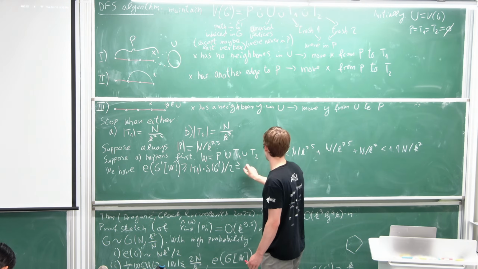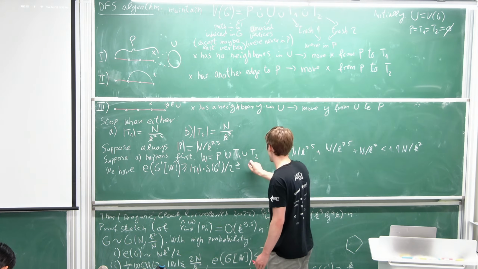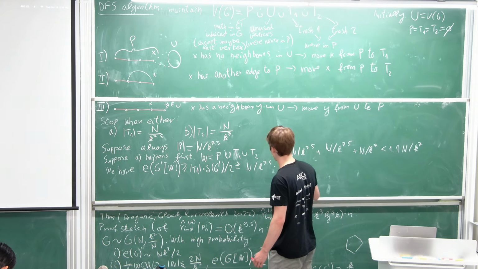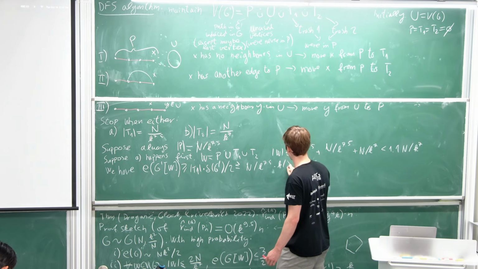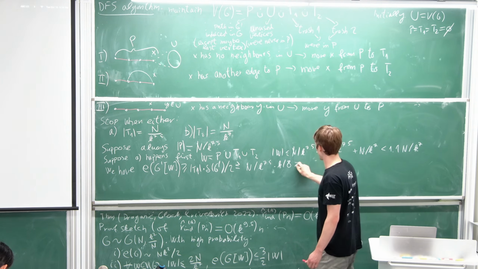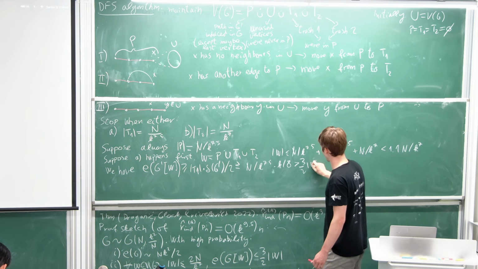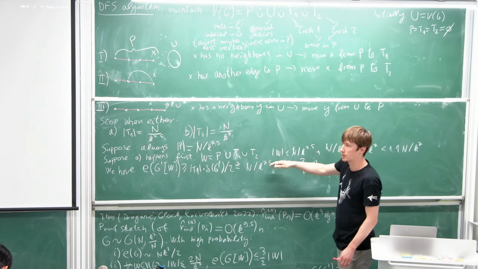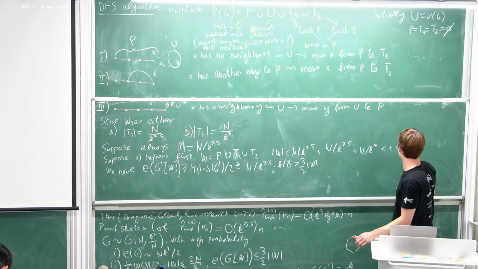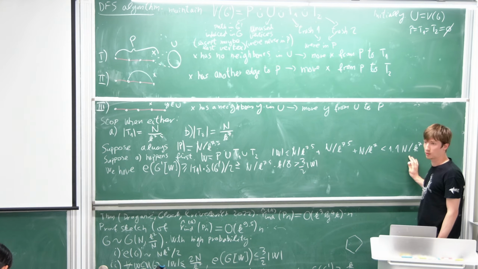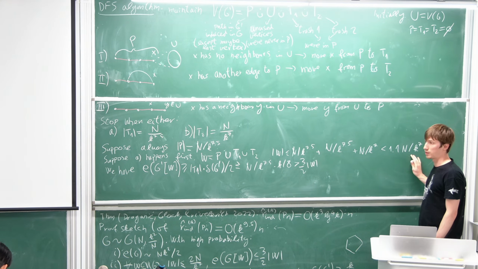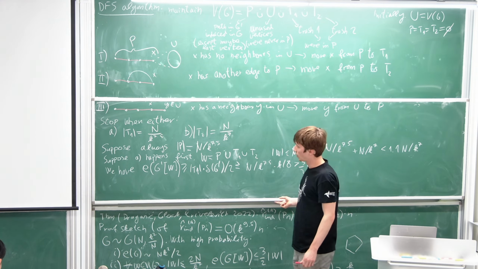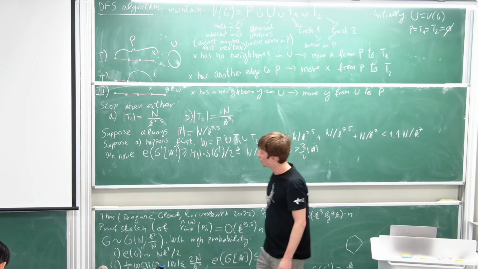And we know that this is at least n over k to the 7.5 times k over 8. So it's n over k to the 6.5, which is definitely much bigger than 3/2 times the size of W. Okay, and now in the second case,